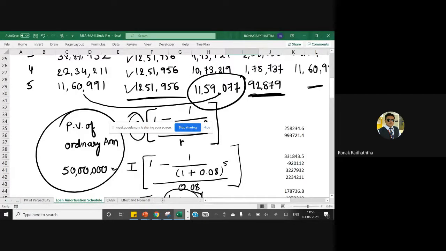Because some loans like home loans are paid on a monthly basis over 15 to 20 years. So 15 multiplied by 12, you can imagine there would be 180 installments. If you prepare the loan amortization schedule manually like this for 180 installments,